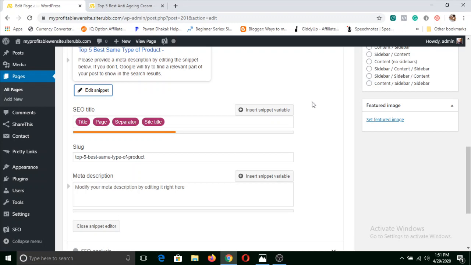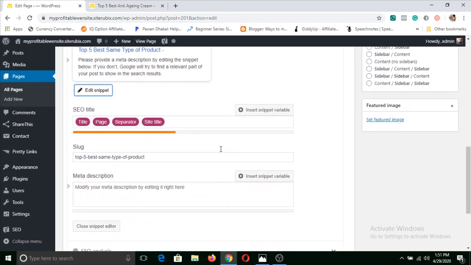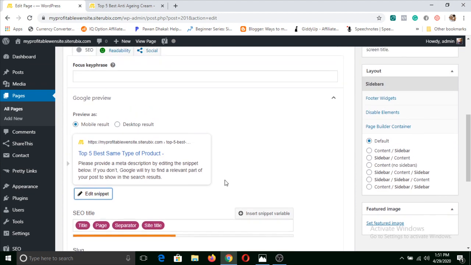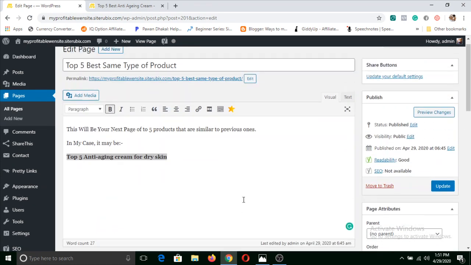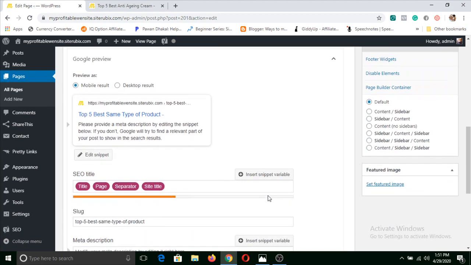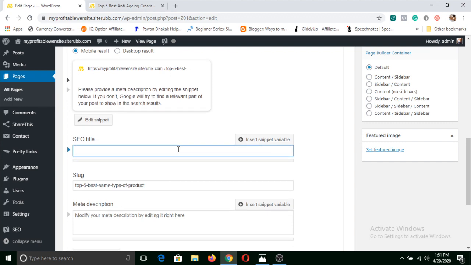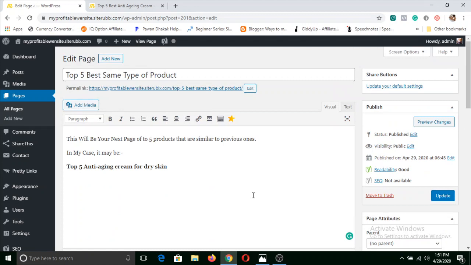Even if you don't put anything, the search engine will make a title and description from the article that is available. That shouldn't be a big deal, but to get more clicks, if you can put a beautiful title here, that would be great. You just need to type here, and then you can click on publish.